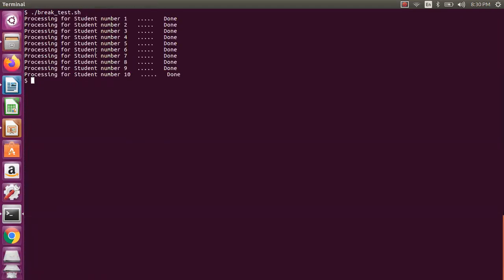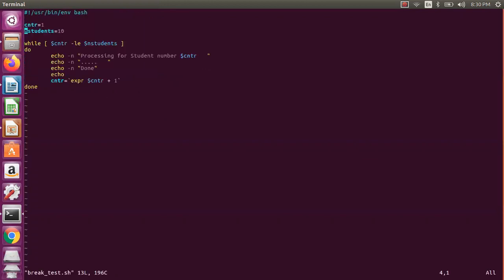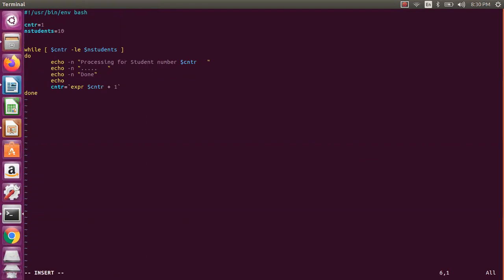Okay, so now if you see this one, whatever the processing done and all, if you want to do alignment, you can use the printf format. So this is, we are doing the processing for all actually. So now let us assume I say one n present, number of students present. Of course you can take this from user input also. So now number of students present, I will say 8 actually.